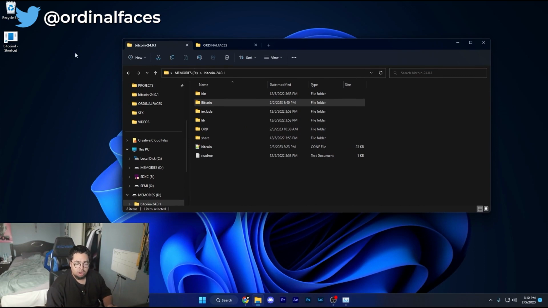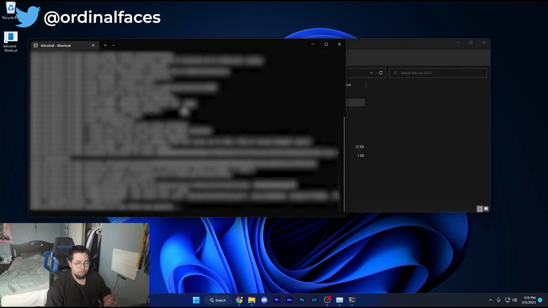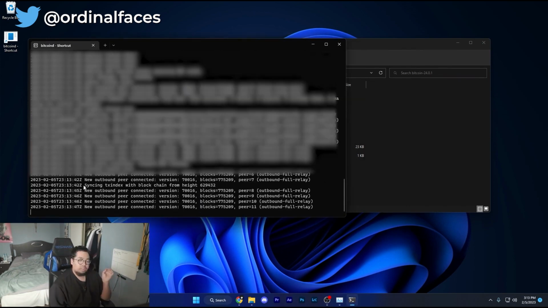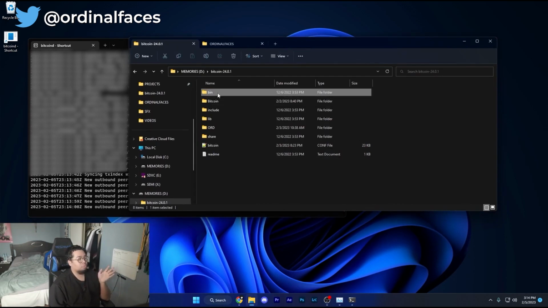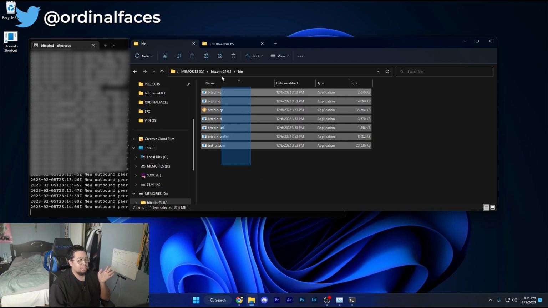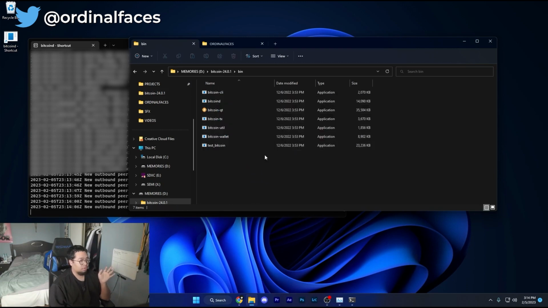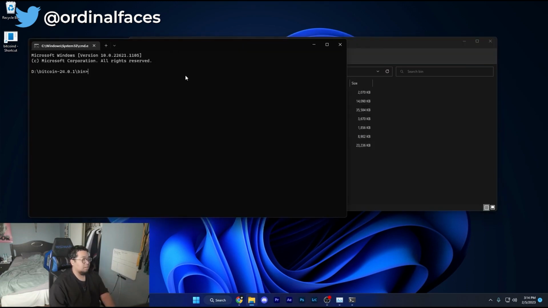So once you have the properties set, all you need to do is open bitcoind. It'll start going through the whole thing, just kind of validating stuff. And then it'll start syncing the index with the corresponding block. To check if it's completed or not, you wanna go into your bin folder that contains all of the executable files, type cmd, and in here, you're gonna wanna do